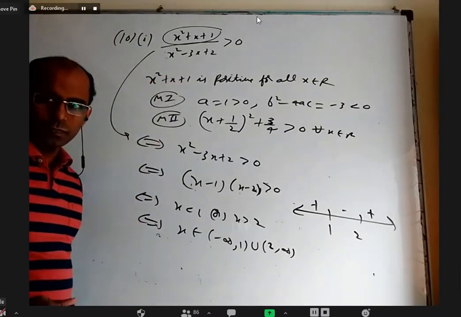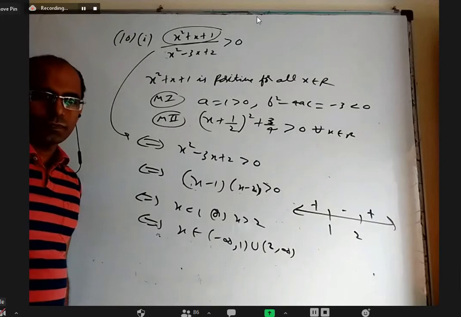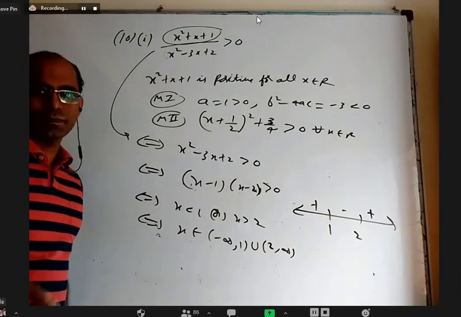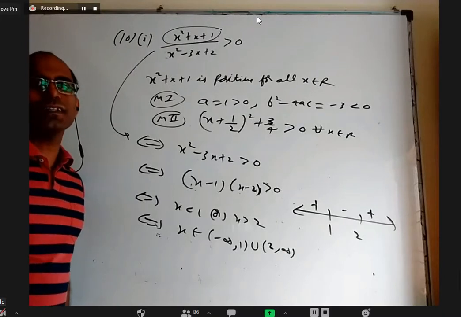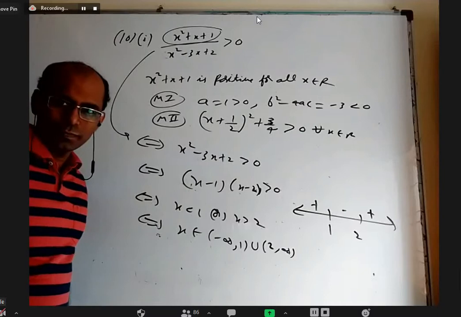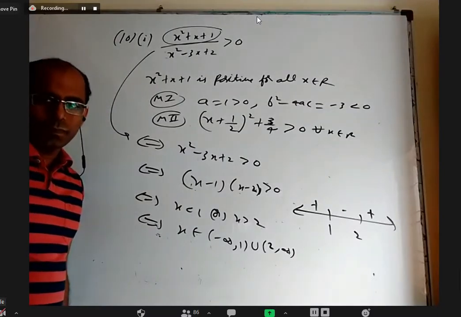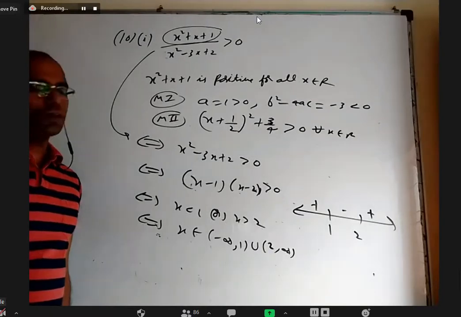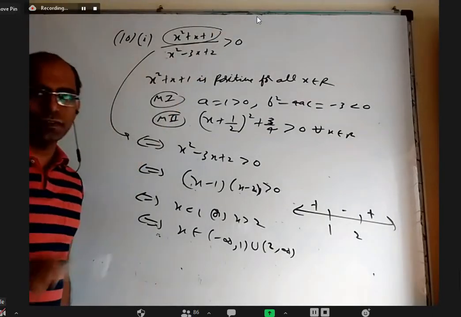But for the ratio to be positive, the denominator should be positive, no, sir? Should be positive, not it is. If you know it is positive, you can send that side. Should be positive, you have to check. That's what we are checking. If you know that it is always positive, you can send that side without changing the inequality.